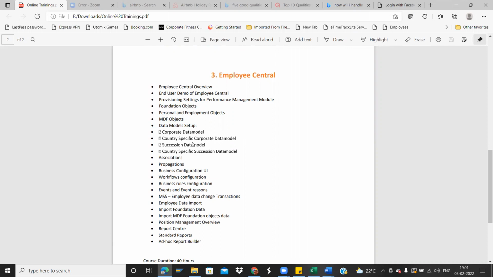So what is the corporate data model? Before hiring an employee, you should build the foundation, right? Org, job and pay structures all lie in these 3 structures. Before constructing any building, you have to design the layout. Those are the corporate data models. These will have MDF objects, metadata framework, which covers legal entity, org units, and suborg units, which I'll explain when we cover this. But basically, the corporate data model is the foundation.